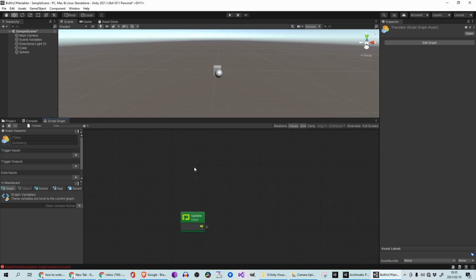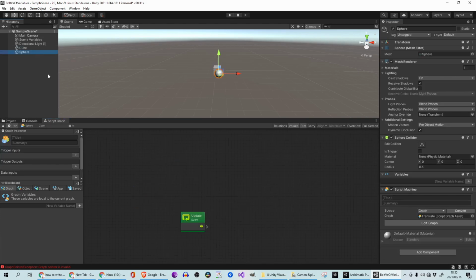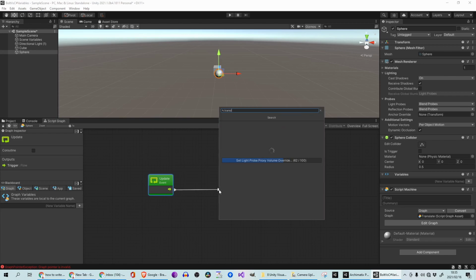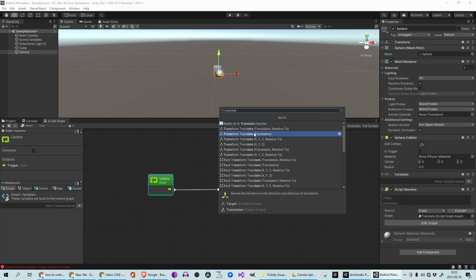And I'm going to get rid of start. Sphere, just make sure your sphere is selected. Okay. Output node, click and drag and click again and search for translate. You'll see there's a bunch of methods again. They're all quite similar to each other, but let's just choose a simple one here. Let's just choose this one here with XYZ,